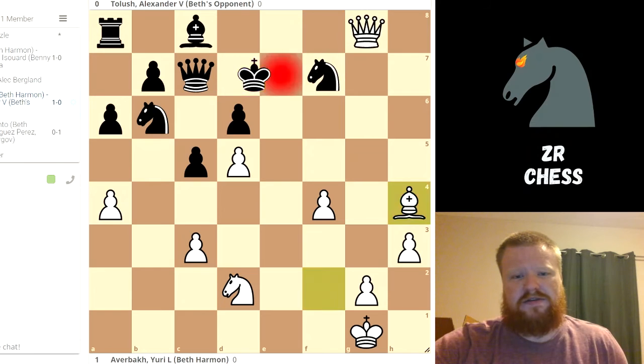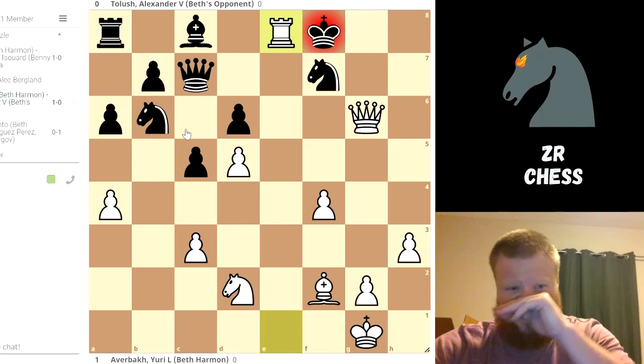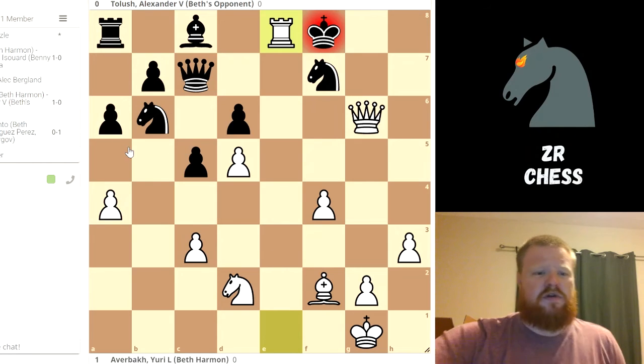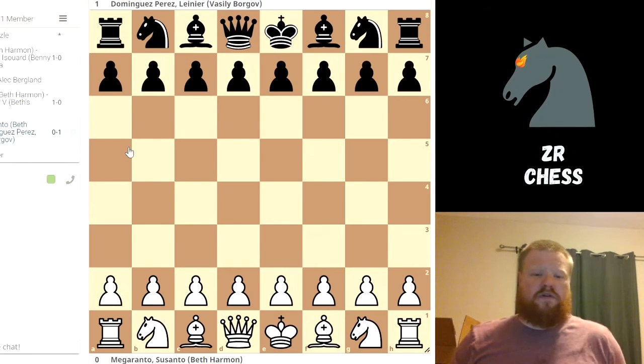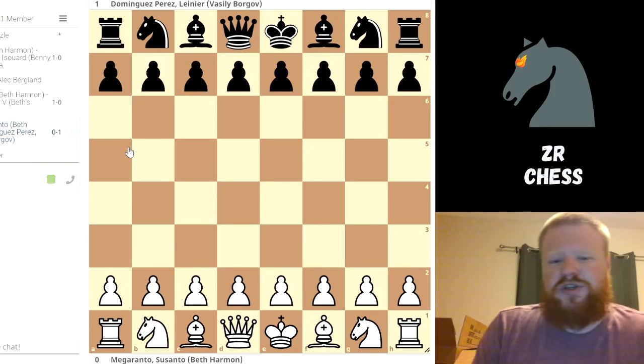Fantastic ending to a good game. This rook sacrifice, I think, is really beautiful. So then there's the last game she plays against Borgoth, the big antagonist of the show, and she goes out